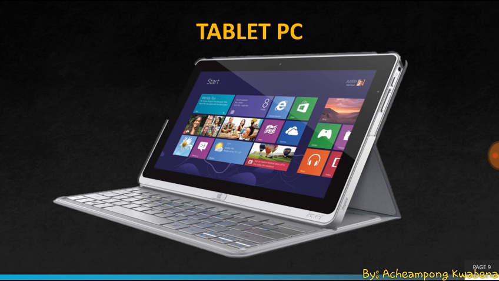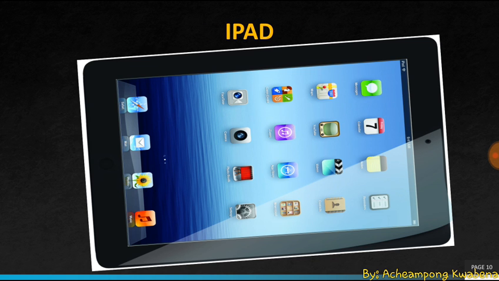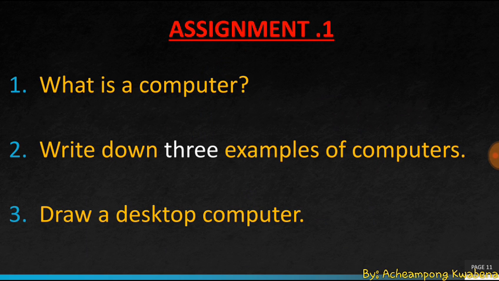Now the next one, we have the tablet PC. So we have a tablet here connected to a keyboard. So the tablet is also an example of a computer. The next one, we have iPad. So this is how an iPad looks, and the iPad is also an example of a computer.